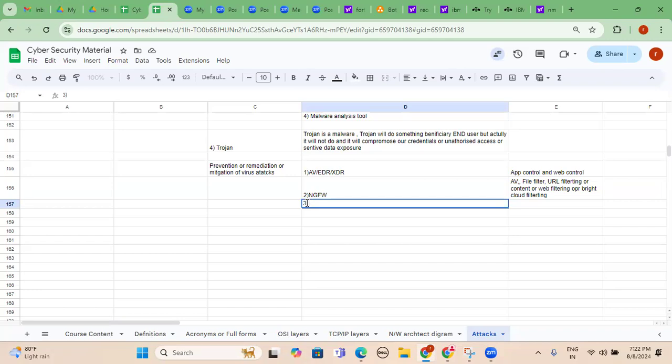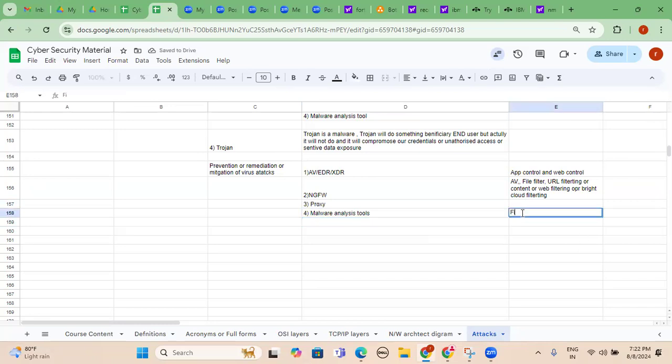Even a proxy also has the capability to whitelist and blocklist based on the business requirement. So I will keep proxy as well. Next one: obviously we have to use malware analysis tools, like FireEye. Several times I said FireEye is one of the very popular tools. Along with this, CrowdStrike is right now number one in the tool.